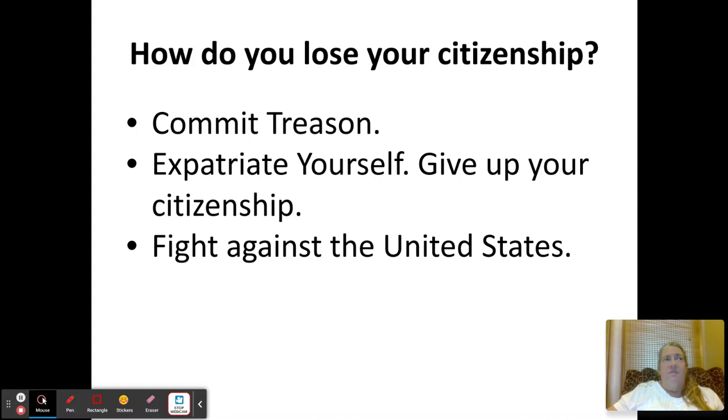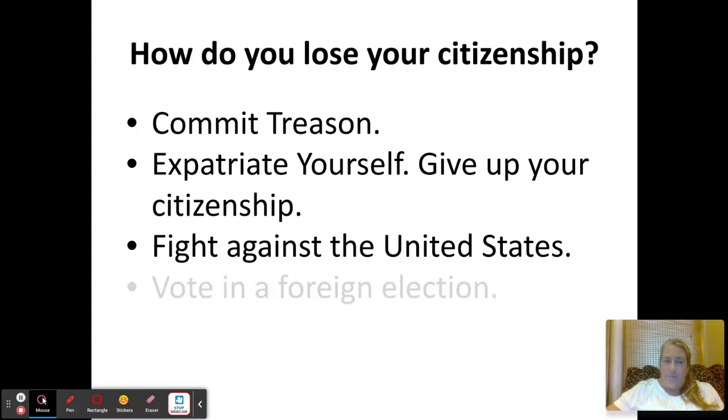Some of the men fighting in the Afghanistan war, Afghanis, or in the Iraq war, who were with the Taliban or with the Islamic State, they got online and found American brides, American women to become their brides. Those women went over to Afghanistan, Iraq, and later decided they wanted to come back to the United States. Well, they fought against the United States. They lost their U.S. citizenship. They did not get to come back to the USA.